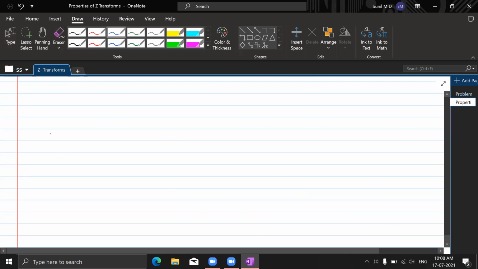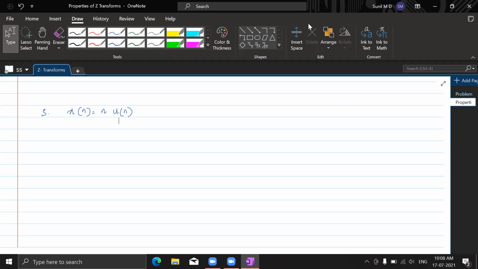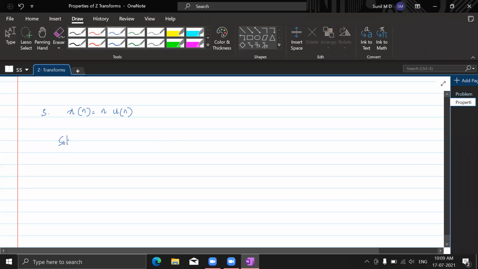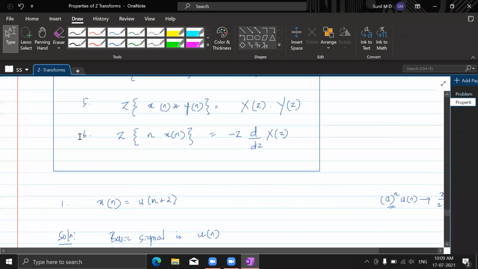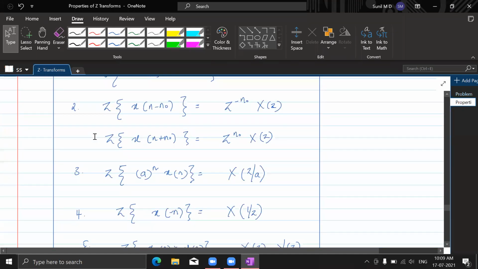Now see the Z transform of this, everybody. It is x of n equal to n u of n. Can you tell me which property is supposed to be used here? Can you see which property is supposed to be used? So anybody, which property is that? See the list of the properties and decide. Make that decision. Where do we multiply n? See the list of properties. That's why this list is given. Where do we multiply n?